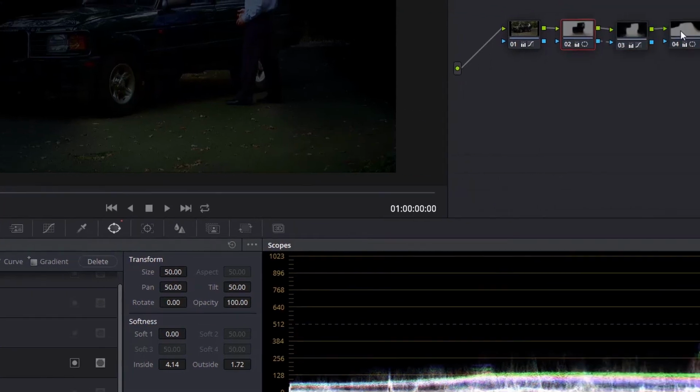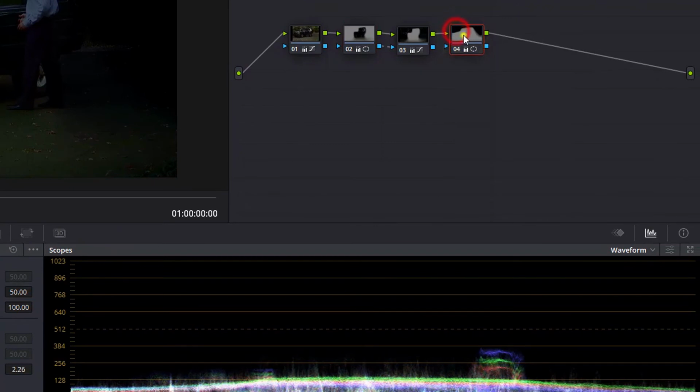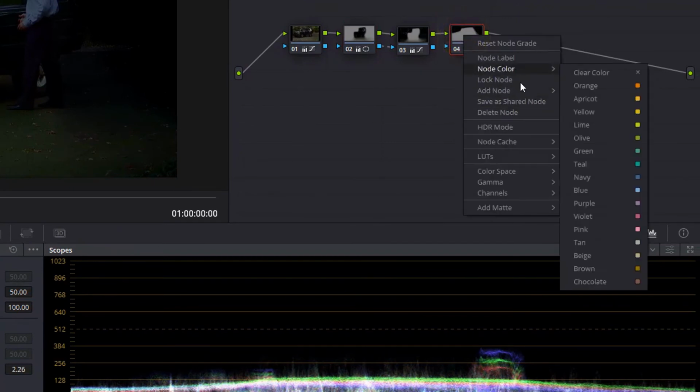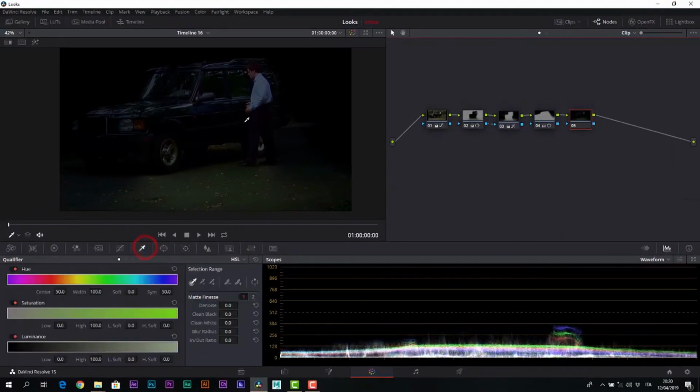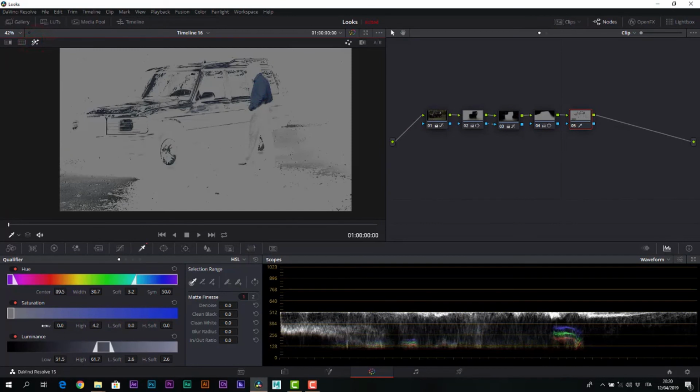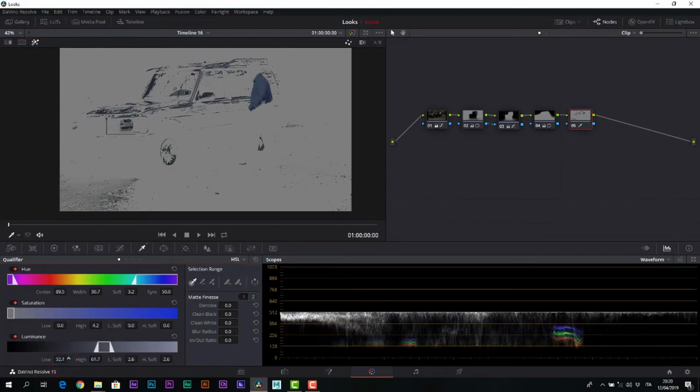As already mentioned, the last step is the unfortunate shirt of the protagonist. So we add a serial node and perform a validation isolating as much as possible the specific component. Try not to take other parts of the scene, because the intervention we are going to do is a massive white capping.